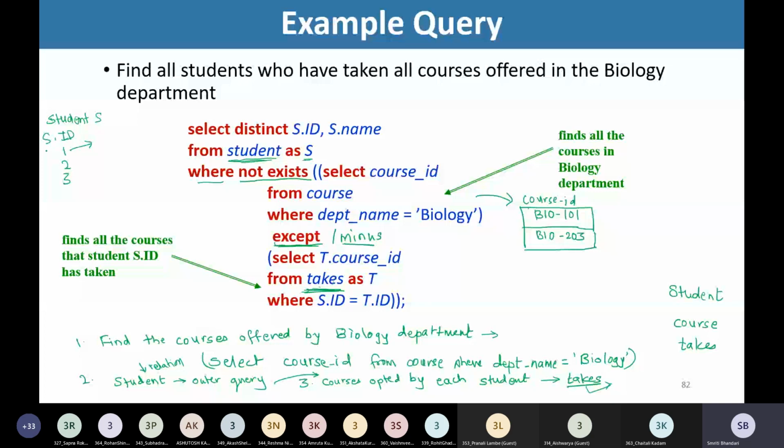In the outer query, I am having student ID 1, student ID 2 and 3. I am having only 3 students, let us assume. So for every student, I am finding out which courses are opted by that student. So let us assume now that student ID 1 has taken the courses, say for example, Bio 101 and CS 101. Let us assume, right? So for student ID 1,